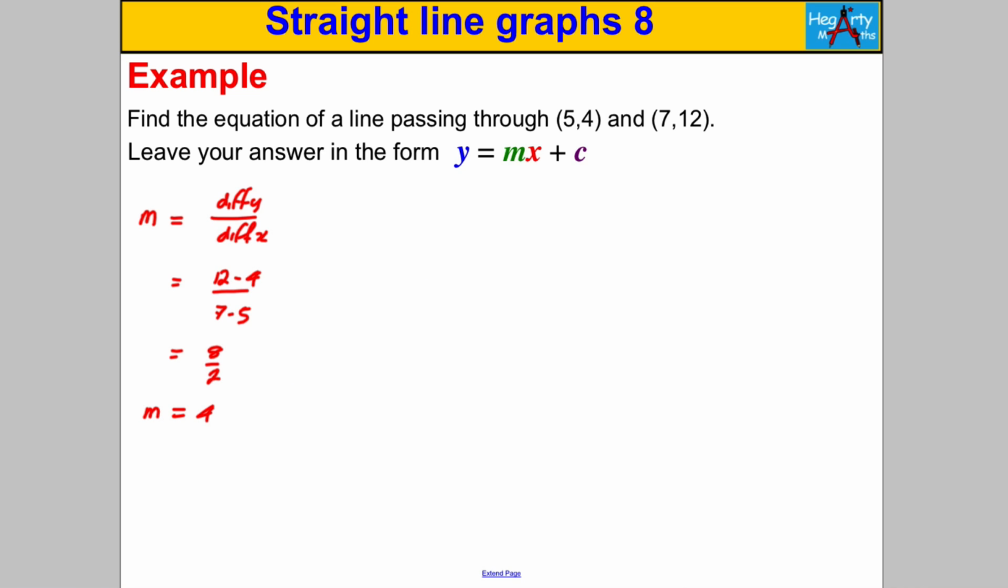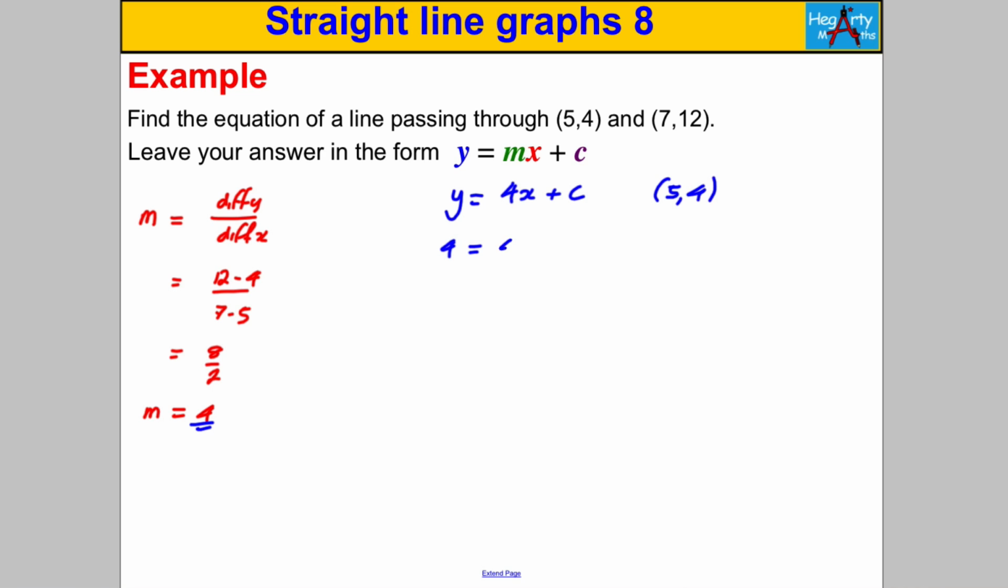Now we can state our equation. So this is y is equal to, well, we now know that m is 4, so 4x add c. Okay, and we're going to substitute one of these in. I'm just going to stick 5, 4 in. X is 5, y is 4. So substituting in,